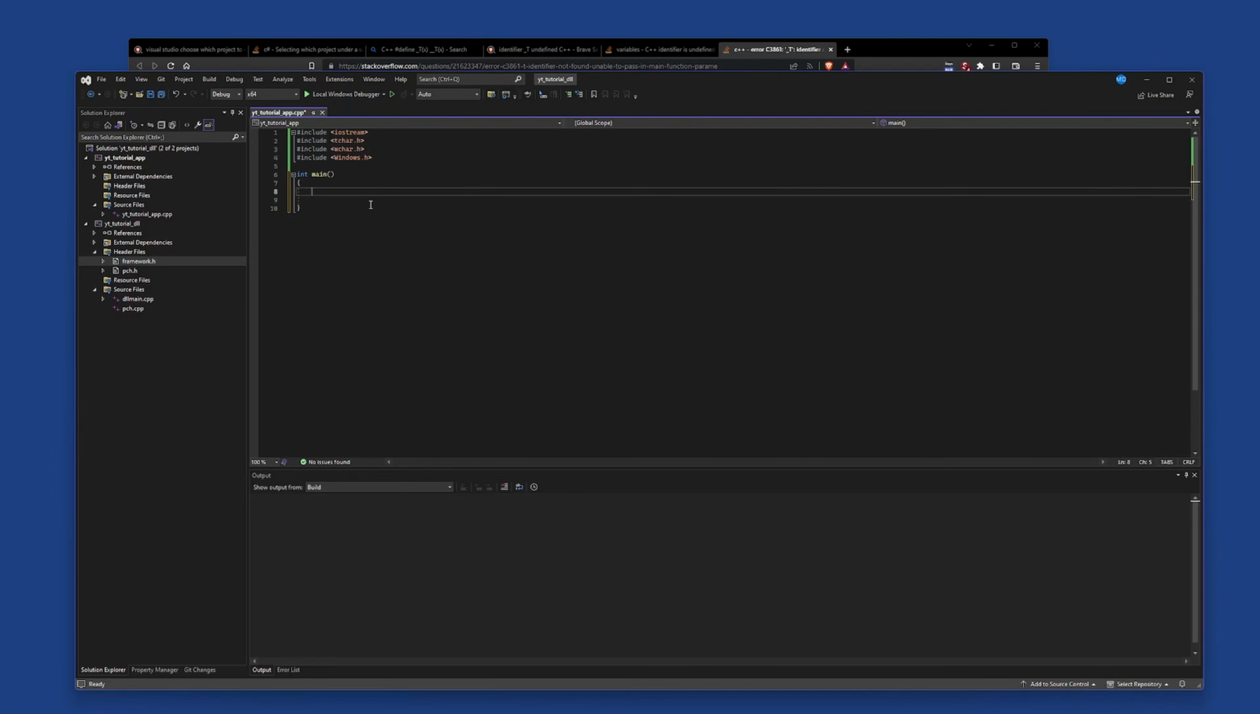So first thing we're going to do is just print out hello world from our application. To do that, std::cout, "hello world from app". I'm putting the app in here again so that we can distinguish between the app and our DLL. If you're not familiar, the \n at the end is just an escape character